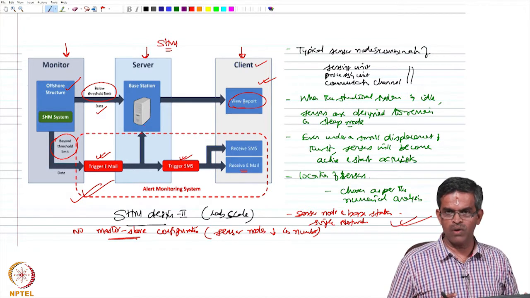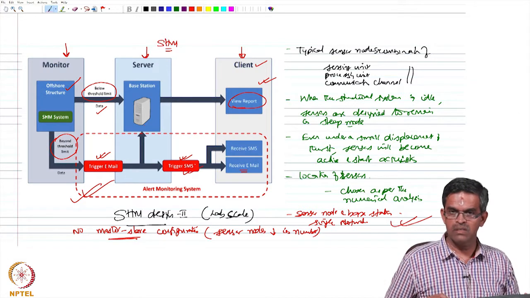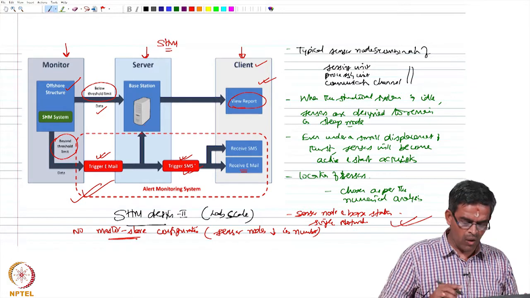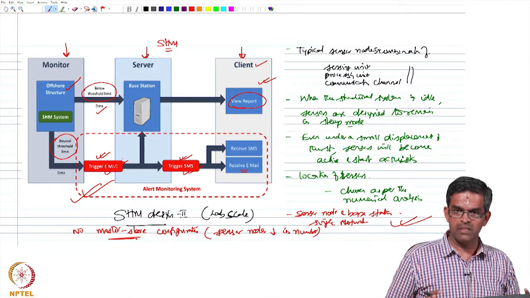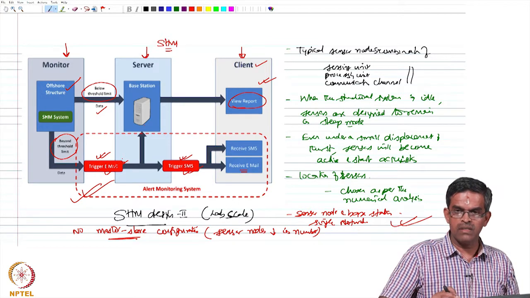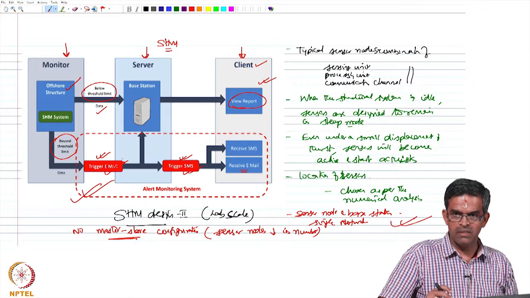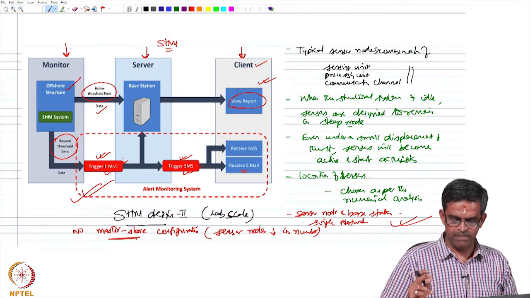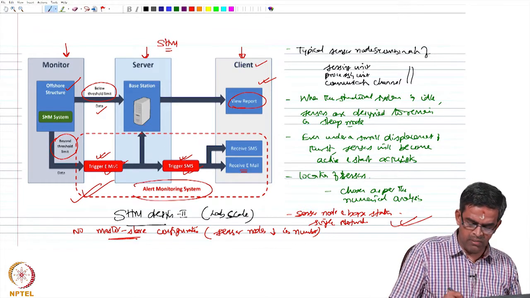Now, there is a common possibility that you can always ignore these statements by oversight. Therefore, there are dual modes of alert monitoring happening in this design. One is by an SMS alert which tells you what has happened, and also by a standard email format which is a legal document stating that the sensor has communicated to the client that at a particular location at a particular time frame the threshold value of the structure has been exceeded. Whether it is exceeding and continues to exceed is a different issue, it gives me a trigger once when it is exceeded. Okay? So, that is what we are adding now to the alert monitoring system to my SHM.